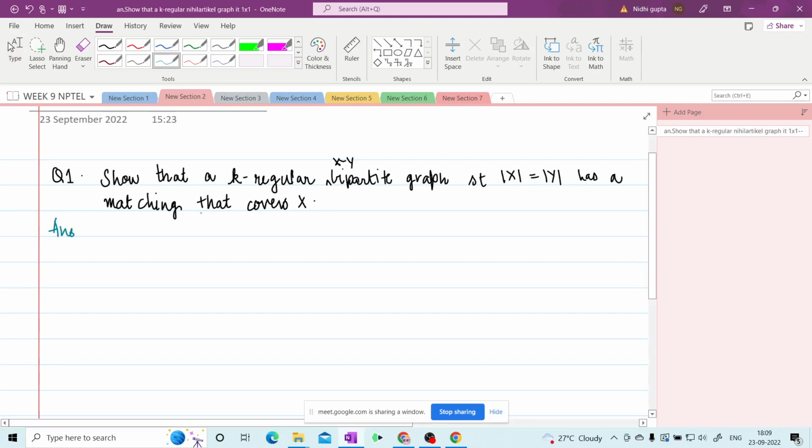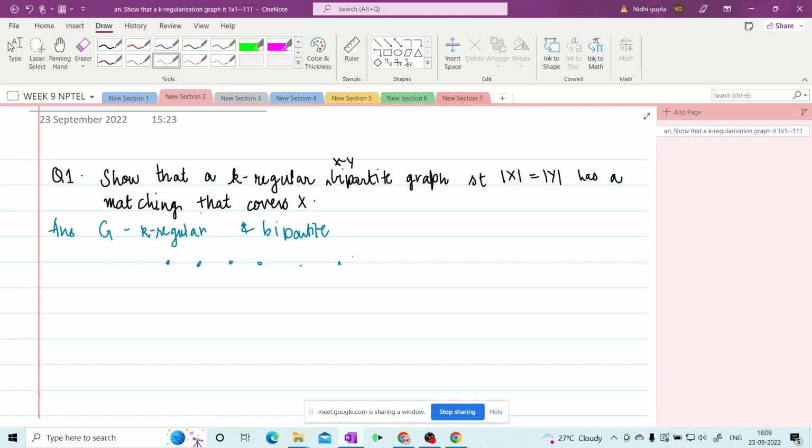that we are given a graph G which is K-regular and bipartite. So we have basically, this is our set X with n vertices, V1, V2, ..., Vn, and we have a set Y with n vertices only, W1, W2, ... Wn. So we are given a bipartite graph, XY bipartite graph, and order of X is same as order of